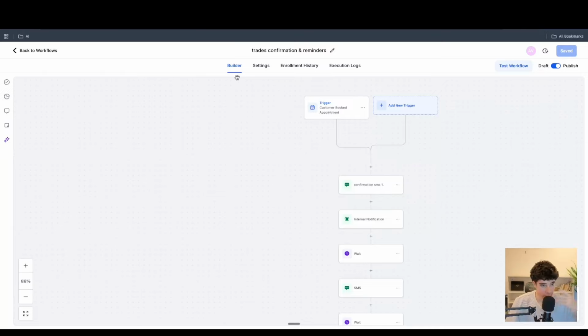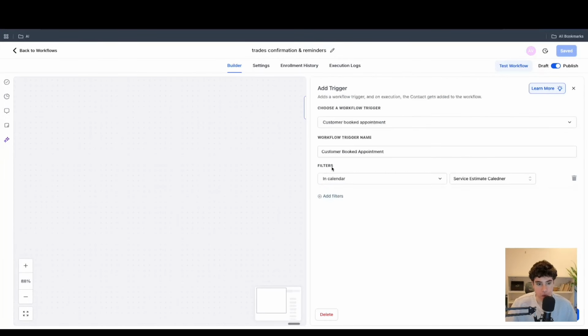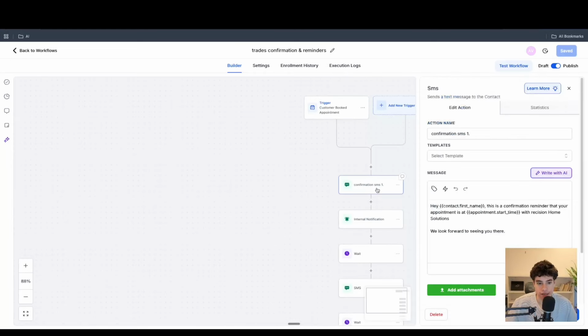Essentially, we can have a trigger in the automation section in Go High Level for whenever someone books an appointment in the calendar. Because our automation automatically books an appointment, this will automatically fire right here. And then from there, it'll send a confirmation SMS. These are called dynamic variables, or custom fields as Go High Level calls them. From that contact created inside the end-to-end workflow, it's going to be using these variables right here, saying, hey, Ashton Voss, this is a confirmation reminder that your appointment at